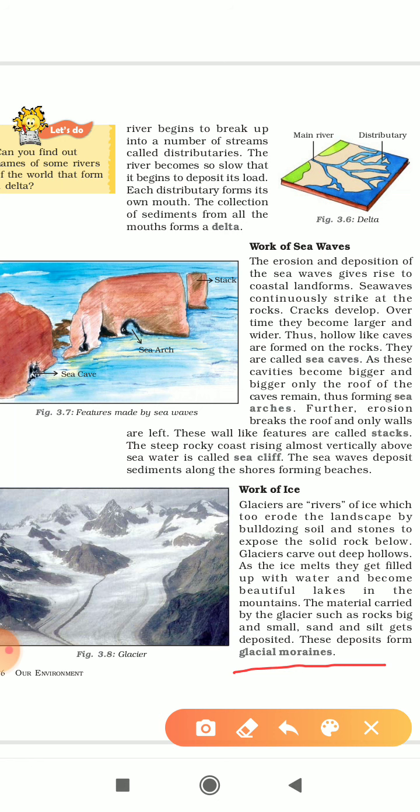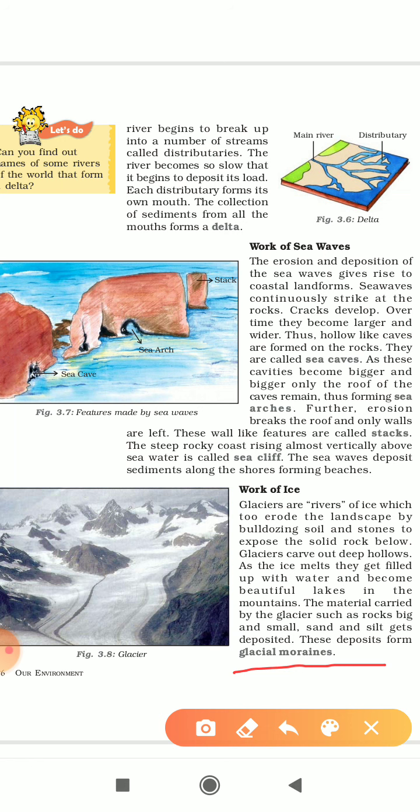So, glacial moraines are accumulations of dirt and rocks that have fallen onto the glacier surface or have been pushed along by the glacier as it moves.